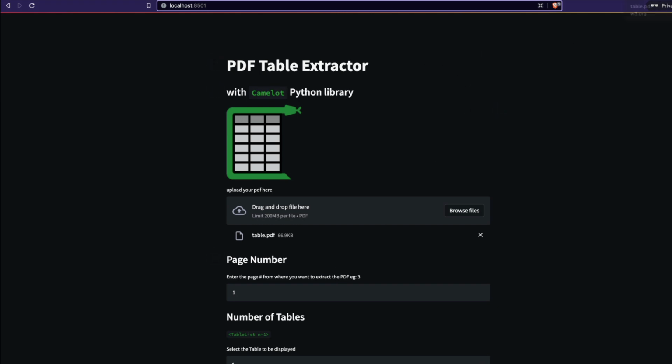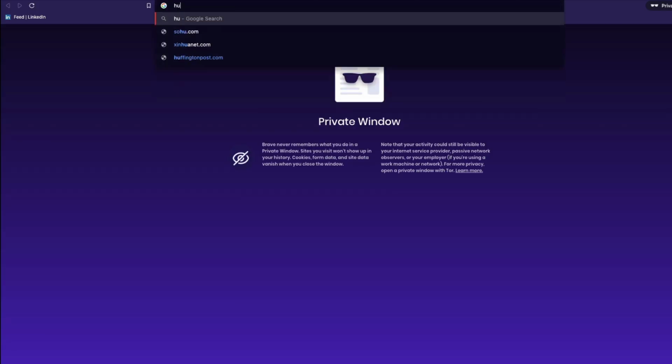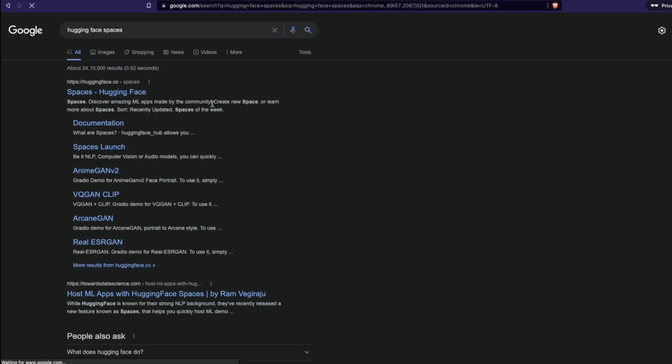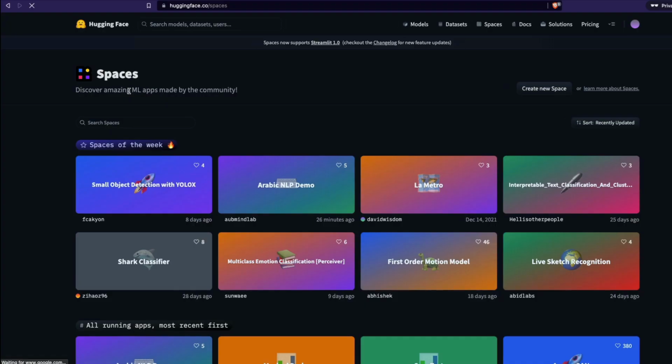So I'm going to go to Hugging Face Spaces. If you have never used it, Hugging Face Spaces is a free platform or server where you can deploy your applications. Three kinds of applications: one is your Streamlit application, second is your Gradio application, and third is your vanilla HTML CSS application, including any kind of JavaScript like TensorFlow.js. I've got separate tutorials for that. You can search for them on this channel.